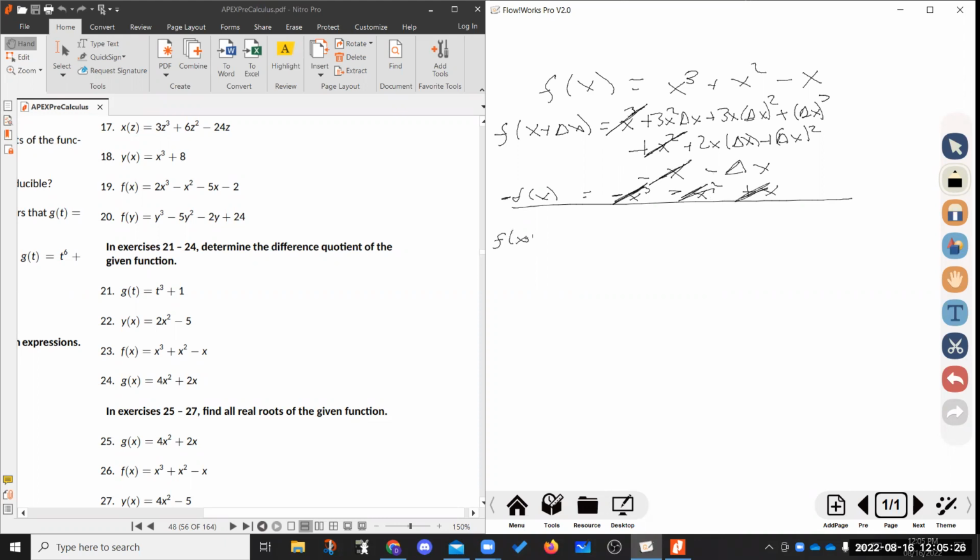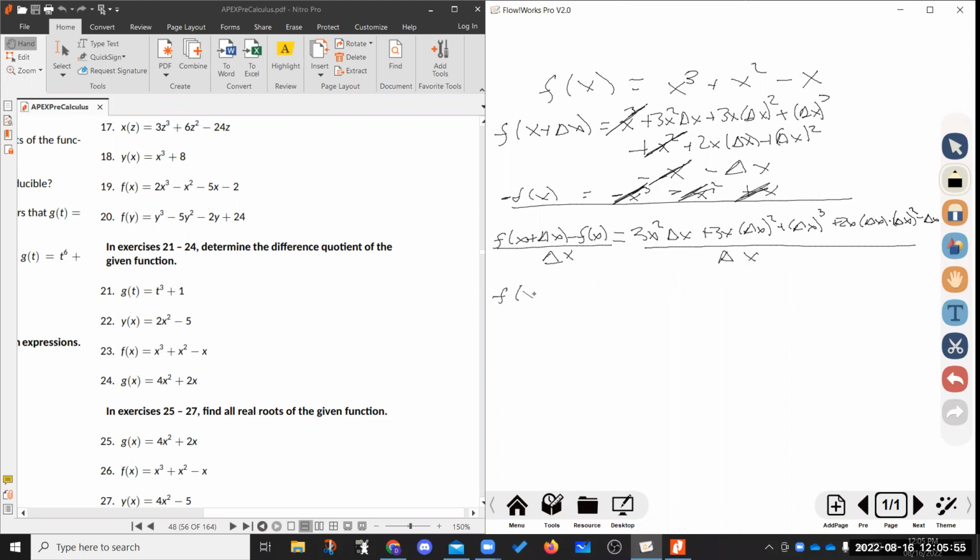So f of x plus delta x minus f of x is going to be 3x squared delta x plus 3x delta x squared plus delta x to the third plus 2x delta x plus delta x squared minus delta x. We're going to be dividing all that by delta x